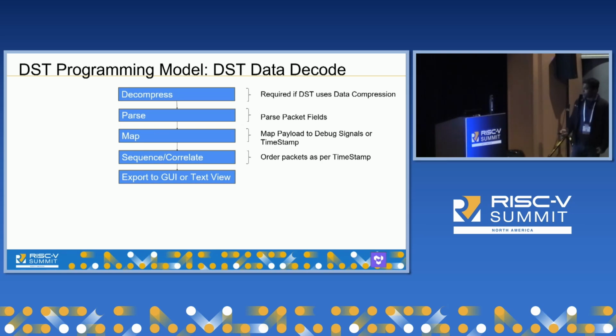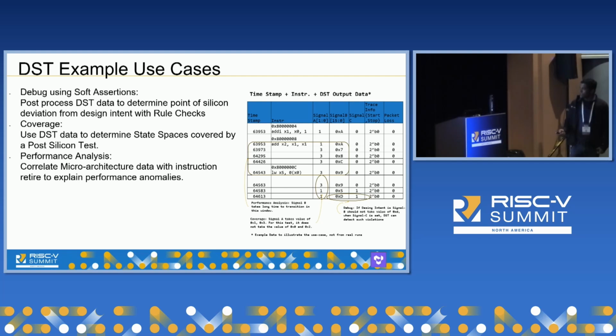So this covers our programming model. Now think about it. We are essentially taking a bunch of microarchitectural hardware signals, aka microarchitectural events, and putting them into memory. This data gives us use cases much more beyond debug. You can look at whether any design intention was violated. For example, if the design intent was that signal C should not be set if signal A takes a value of D,